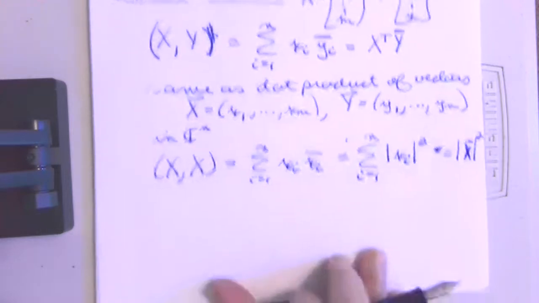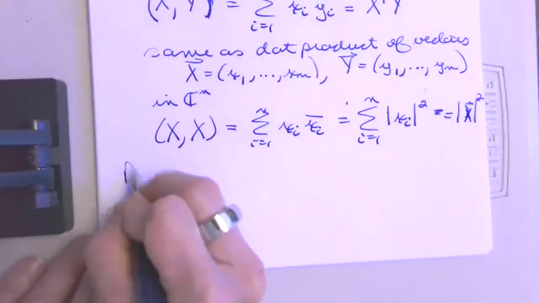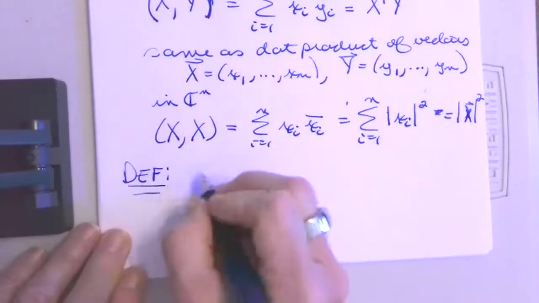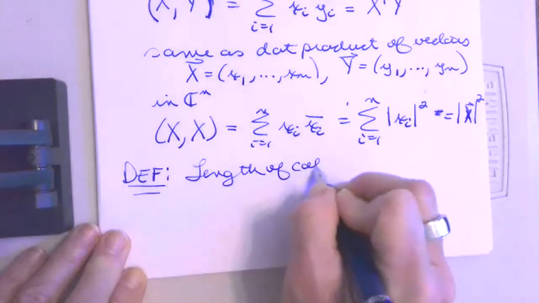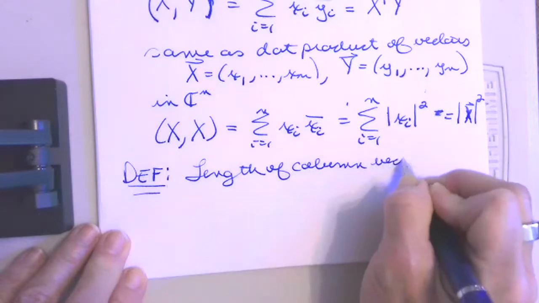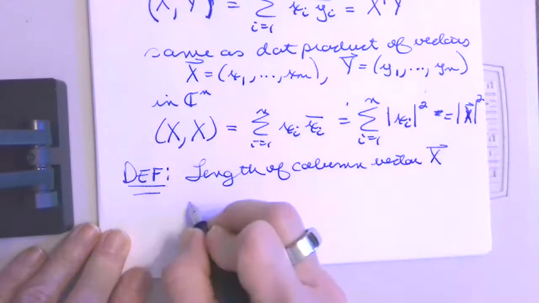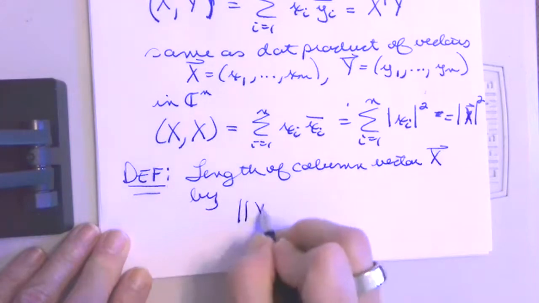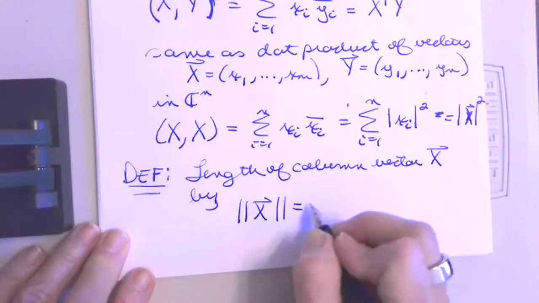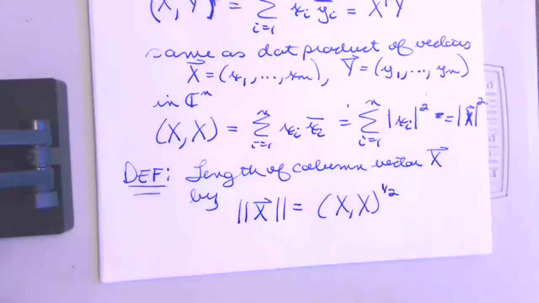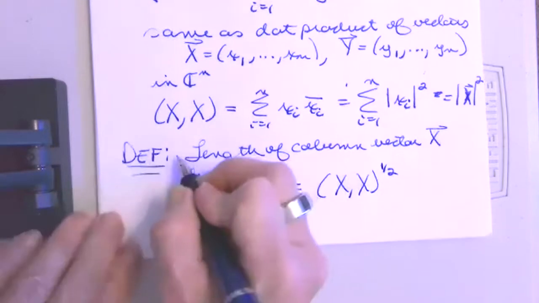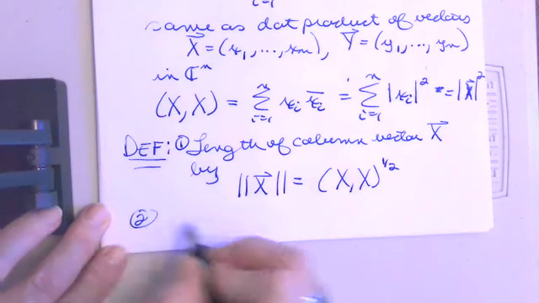We define the length of a column vector x to be x inner product itself, square rooted. Okay, so following along the lines that I just mentioned. One definition, and the second definition is